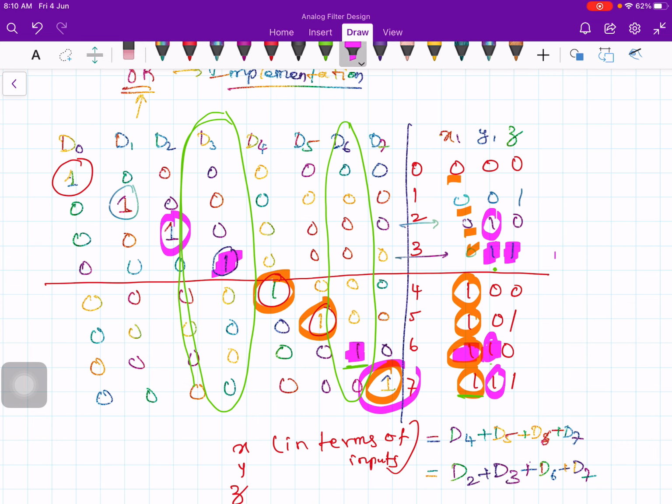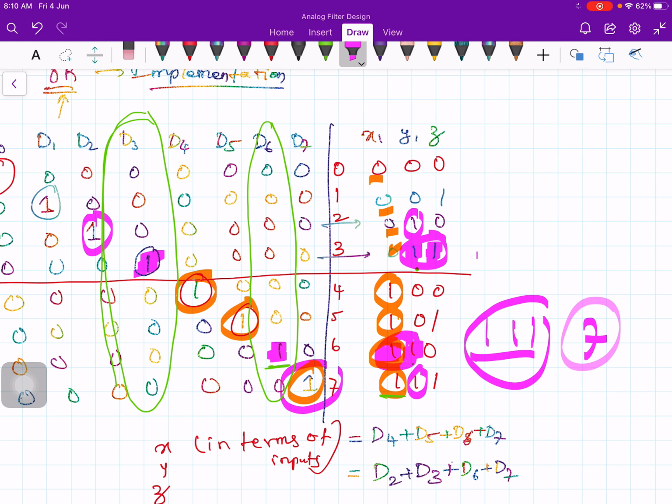That means what? All three inputs are 1. And all three bits are 1. This represents a binary digit of 7. So there is some error in this. Okay. So either you should get the binary representation of 3, or you should get the binary representation of 6, but you are neither getting 3 nor 6, but you are getting 7.